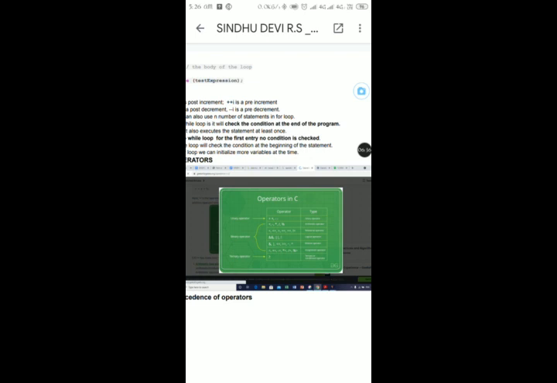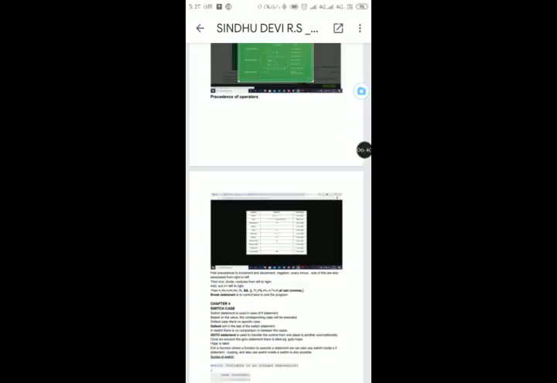Ternary operator is the conditional operation. Precedence of operators is nothing but which operator has the higher priority. For example, we can have a number of operations in a single line command. Then we have to perform them by the precedence of the operators.